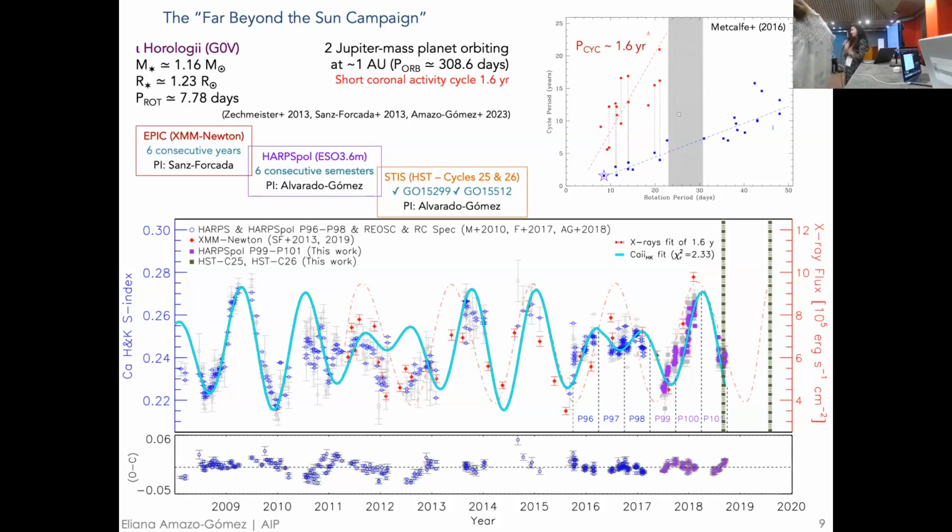It's actually a very good question. It's the only single star we have that has this kind of follow-up in X-rays and in calcium. There are five stars that have some follow-up in X-rays, and the other four stars are binaries. This is the only single star we have. But it may have a Jupiter planet at 1 astronomical unit, so it's also important to understand the environment this planet is involved in.